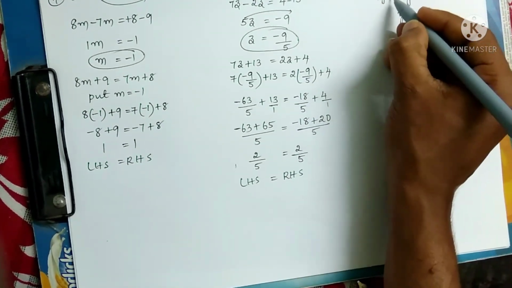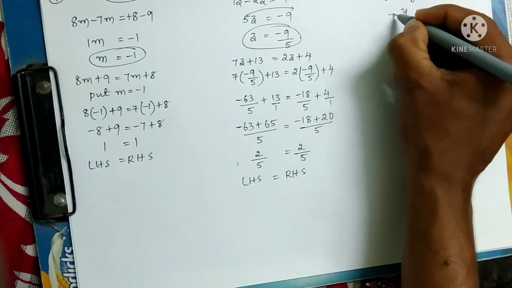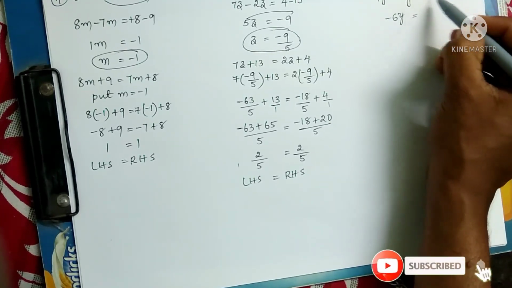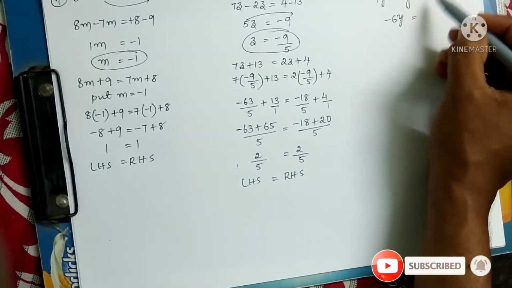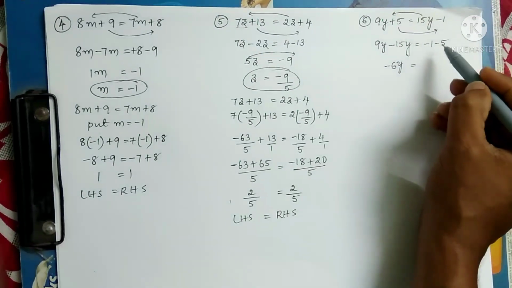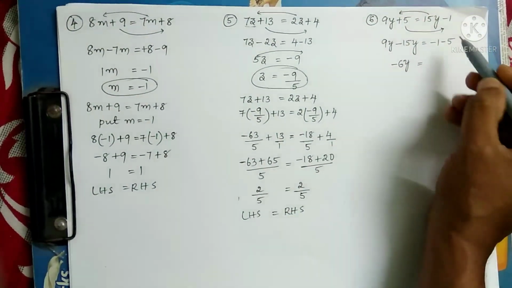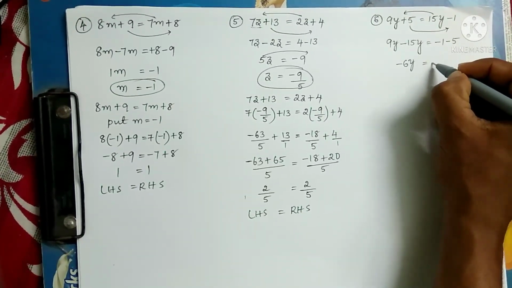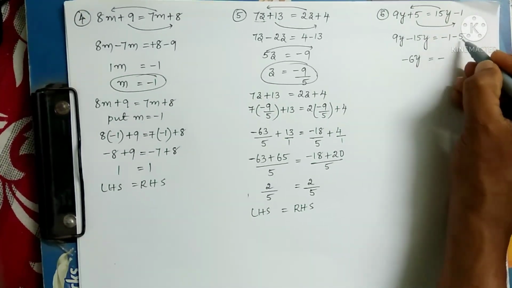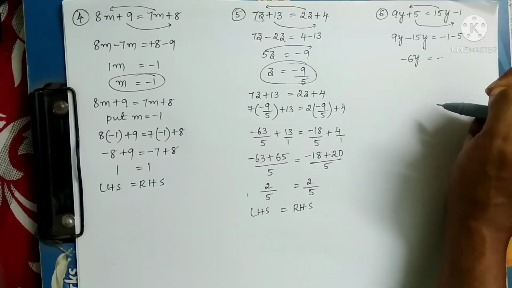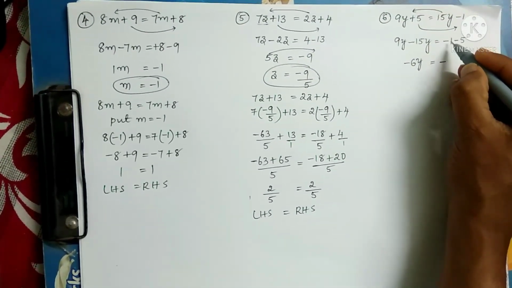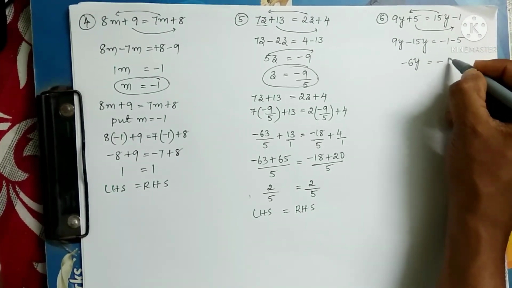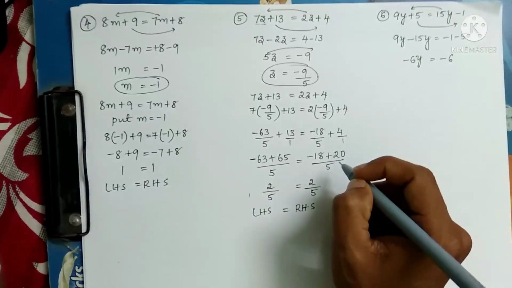Now subtracting 9 minus 15, which is minus 6, is equal to, now you can see on the RHS, we have two negative integers. So here we are adding two negative integers. When we add two negative integers, the result will always be negative. Now add the two terms, that is 1 and 5. 1 plus 5 is 6. So the answer is minus 6.